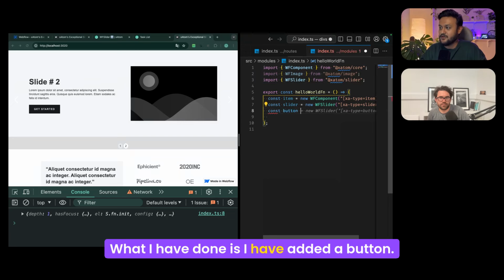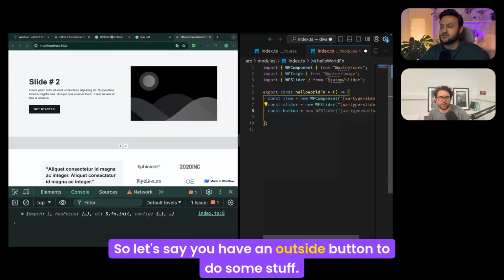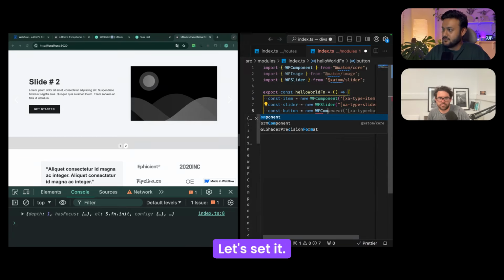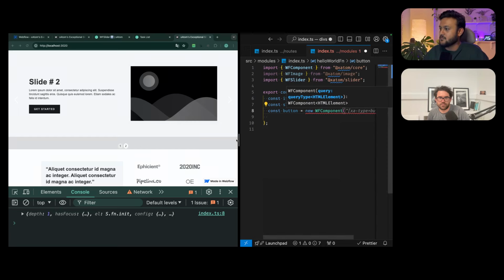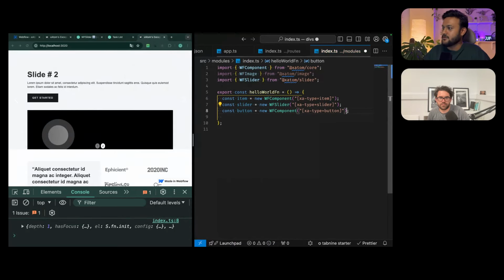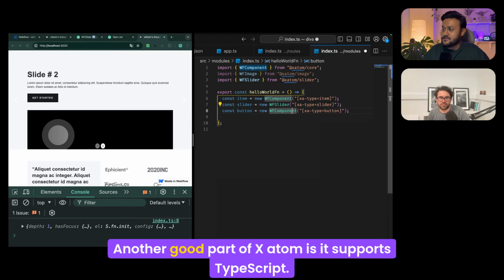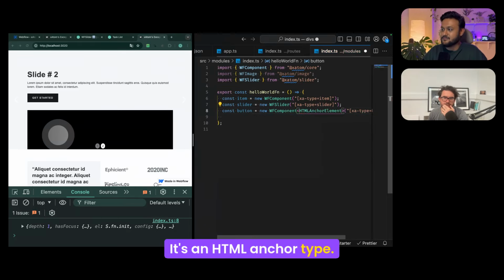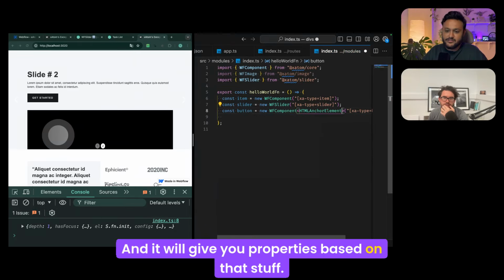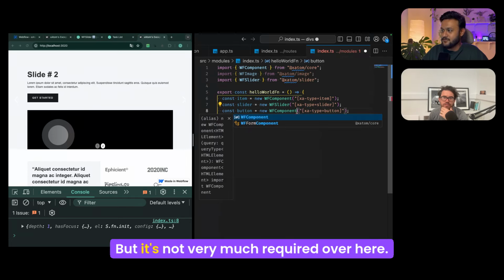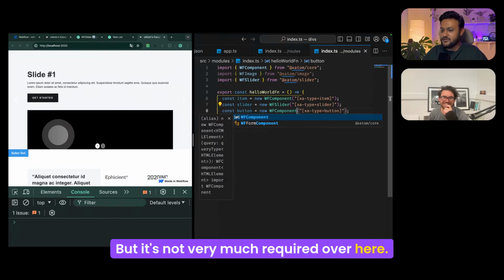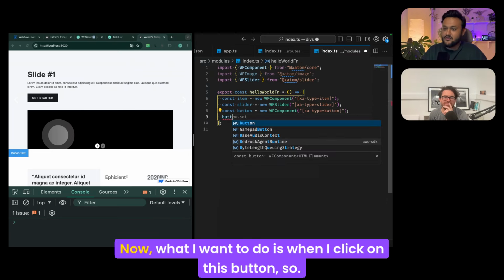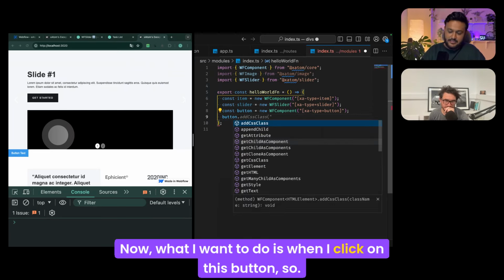What I have done is I have added a button. So let's say you have an outside button to do some stuff. Let's edit the component. Another good part of xAtom is it supports TypeScript. So you can define the type. It's an HTML anchor type, and it will give you properties based on that. But it's not very much required over here. But what I want to do is, when I click on this button,